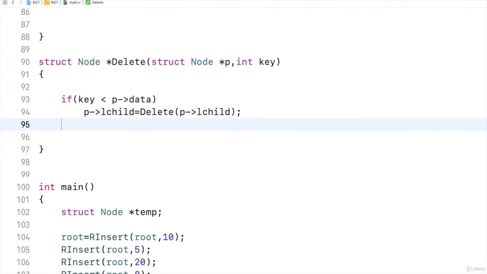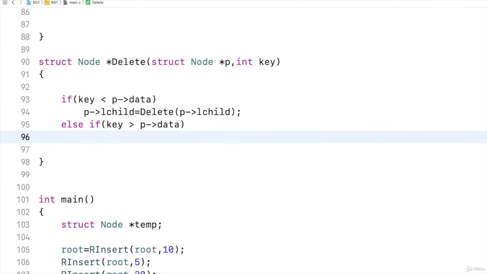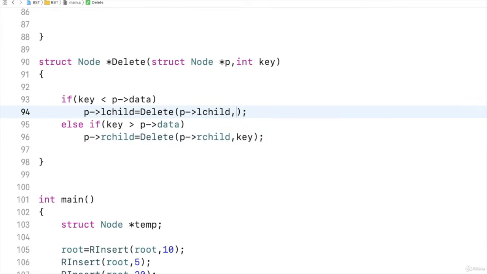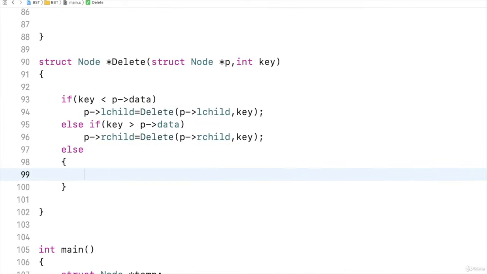Then else, if key is greater than p's data, then it is on the right hand side. So we should search the key element on the right hand side. So that will continue on the right hand side by assigning it to p's right child, calling the delete function by passing p's right child, as well as key, it's taking. And here in the previous one also I should write key. Yes, now it's okay. Now else means both are equal, means key is found, and this time we have to